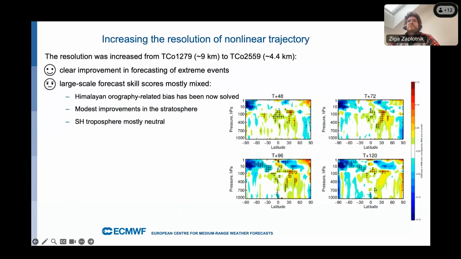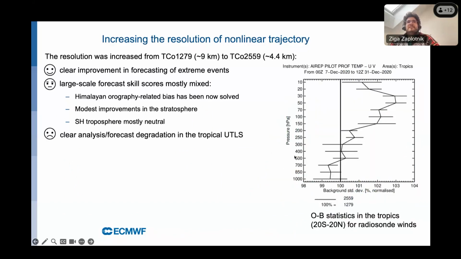Now, I'm going to skip this a bit because otherwise I'm going to run out of time, but the large-scale forecast skill scores are mostly mixed. And you can see this by a combination of blue and yellow patches on these plots, which show the differences in the root mean square error normalized by the control root mean square error. So yes, the large-scale skill scores are mostly mixed,